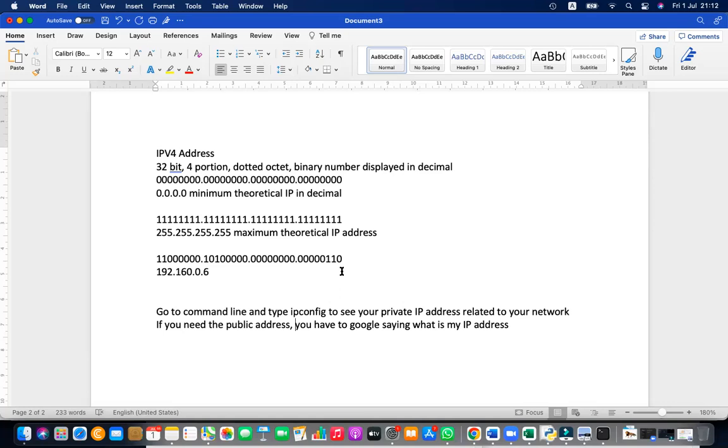But this public IP address is not fixed. It is given as a shared address by the ISP. If you need a unique public IP address, you have to pay ICANN, the Internet Corporation for Assigned Names and Numbers. It does not just assign domain names, it assigns IP addresses too. If you wish, you can buy a public IP address, but you have to pay extra.